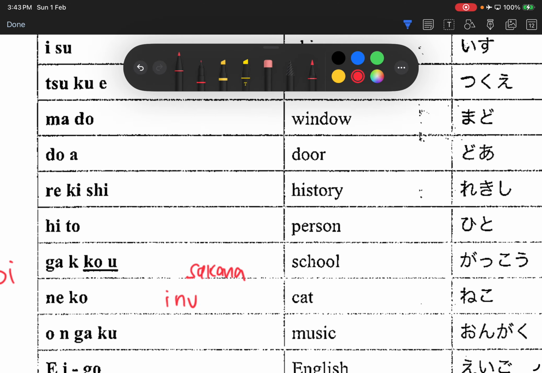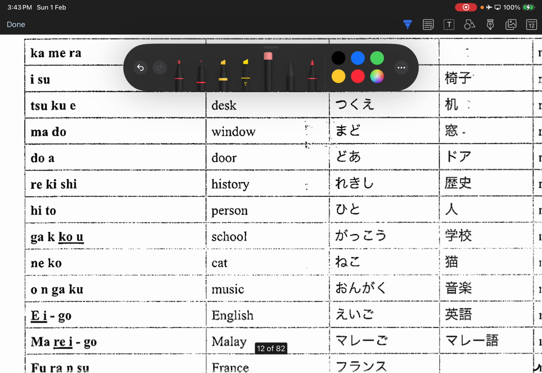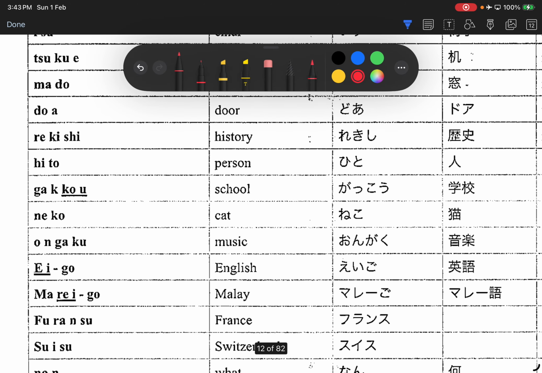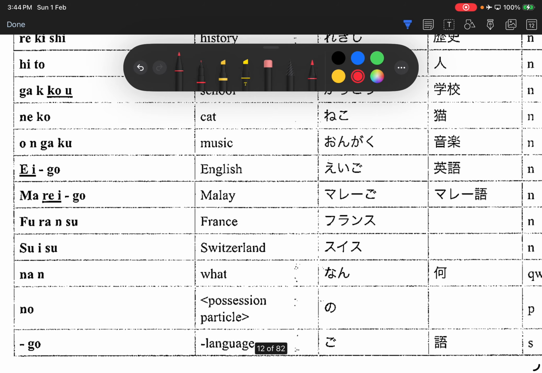Right, so person. And then we have gakko. Neko. 猫 neko. ongaku 音楽. eigo 英語. marego マレー語. France フランス. Swiss